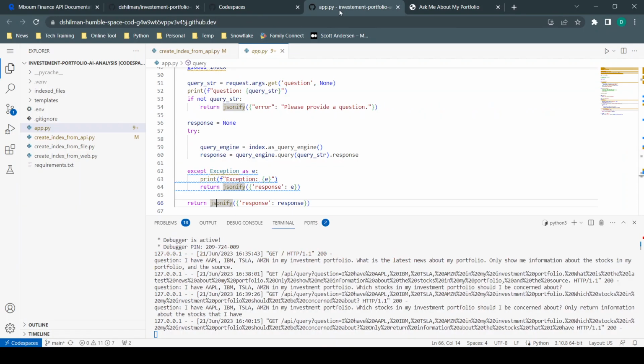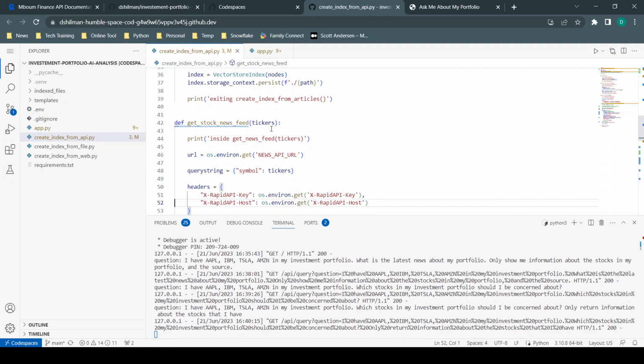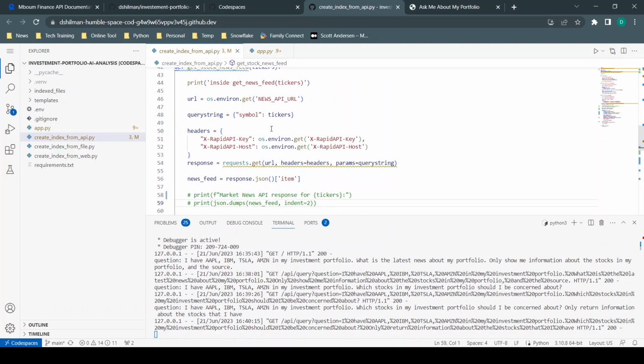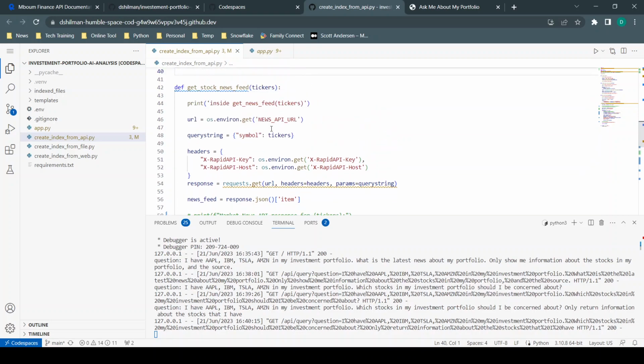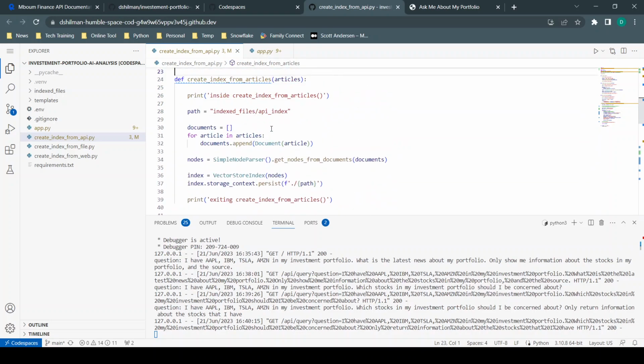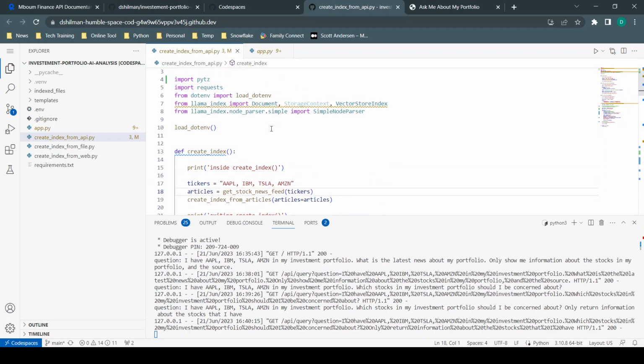Okay, short question. Now let's look at the app. There are two components in this app. One is generating the index from the API. So I'm calling the API right here. Right now, I'm hard coding the tickers. Let me show you where the tickers are being hard coded. Okay, right here. In reality, it's a real time application. Most likely, this is going to be